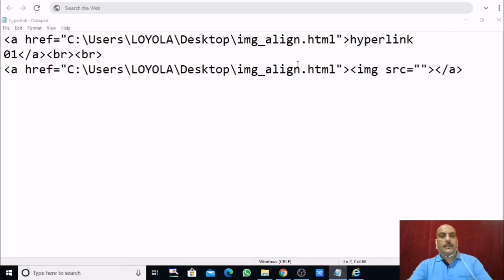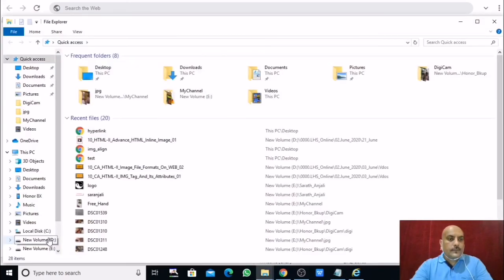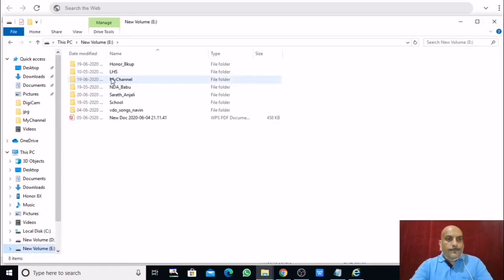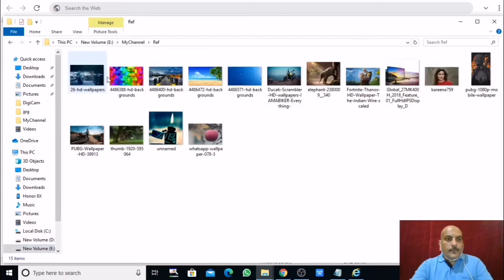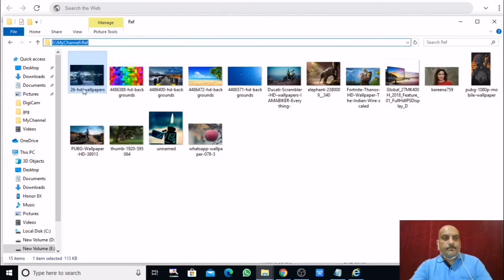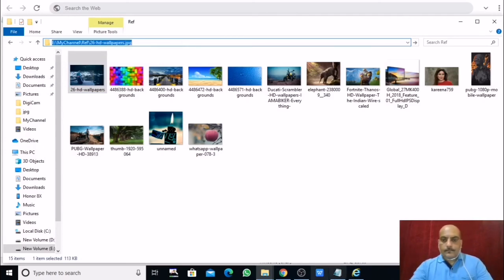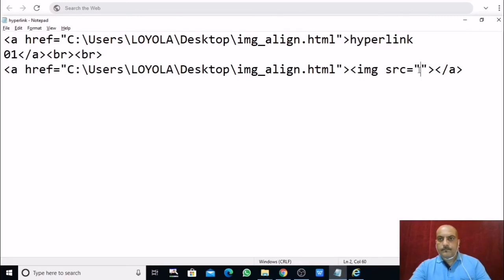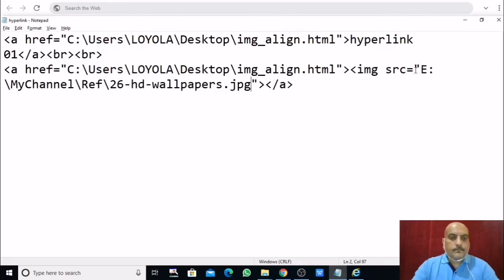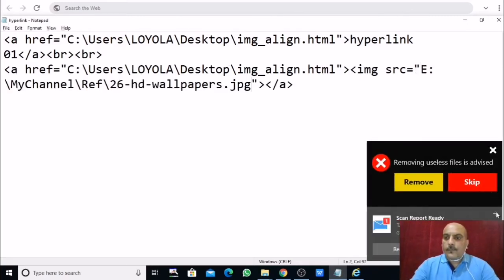So I am going to give the path of this image file.